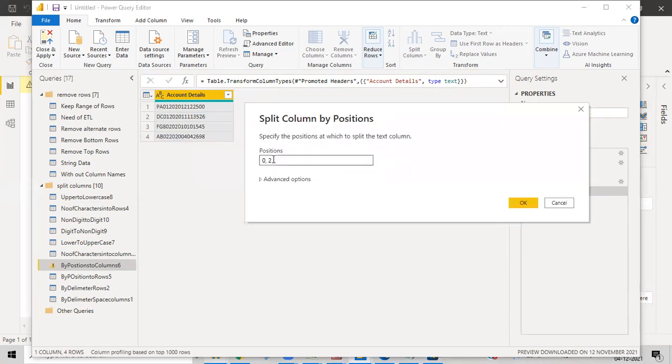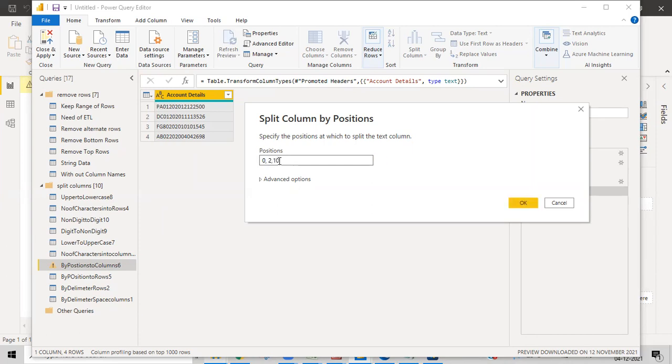Here, at one time you can make different splits. Earlier, if you wanted to split at the second position and then the fifth position, random positions, we didn't have any options. In characters, we don't have the option to split at random characters at one time. If you want to split at random characters, we need to repeatedly come back and do that. But here we can do it in random characters. So right now I want to split at 0 position, where I want to start, and then I want to split at 2. After that I want to split at exactly 10.